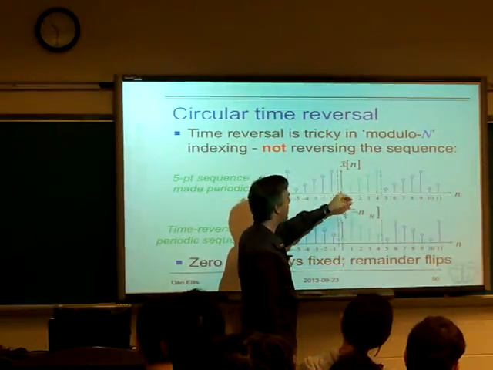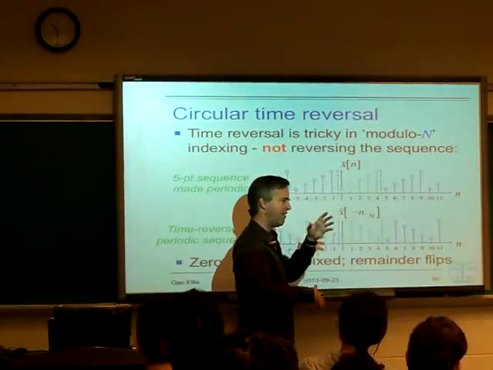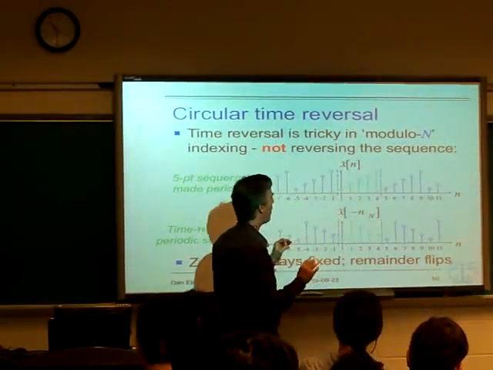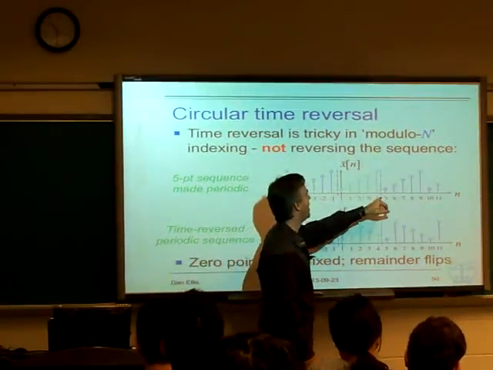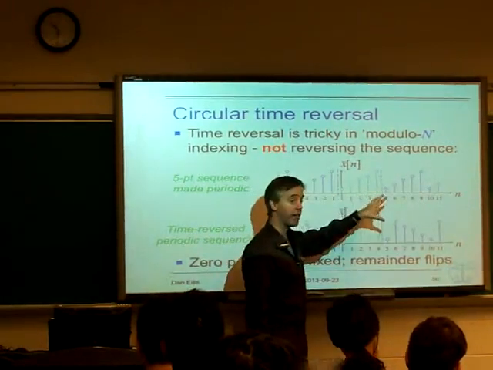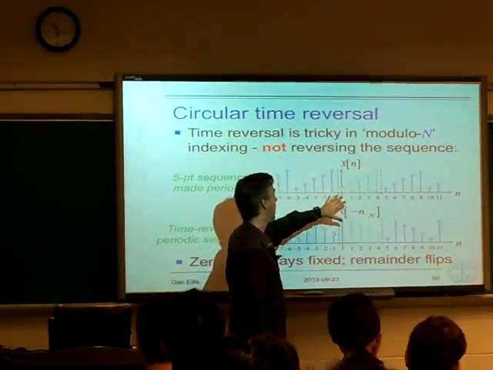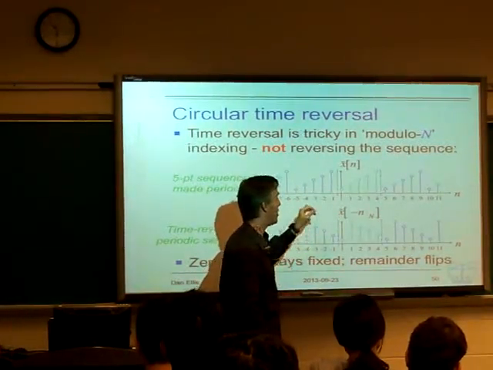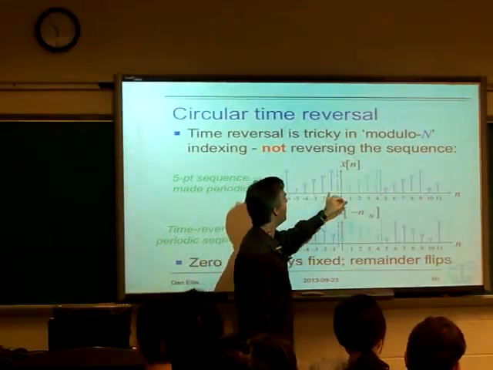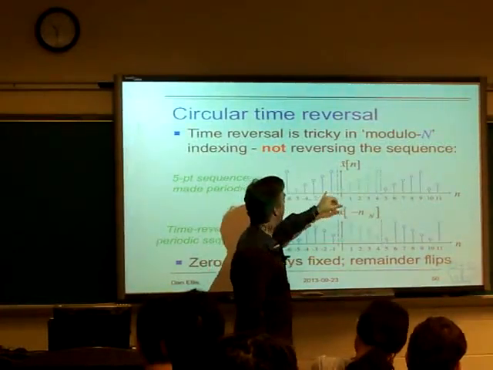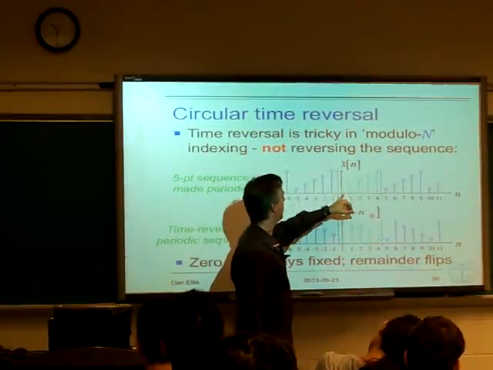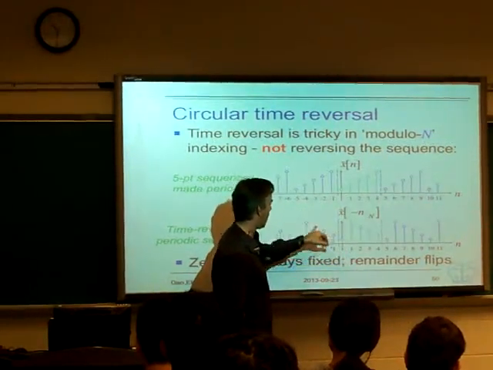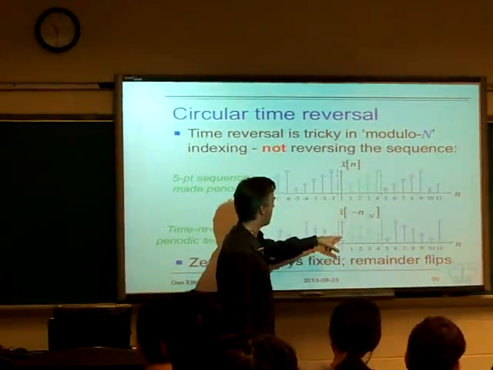So if we want to flip it around n equals 0, but we're saying that n can't go negative for our sequence, let's go back to thinking about this sequence as an infinite duration periodic sequence. Because then we can allow n to go negative. The sequence is defined for all values of n, it's just that it's periodic. If you had this infinite duration periodic version of the finite dimensional sequence, then when you time reversed it, that's obvious what that looks like. It's just the same sequence but reading this way,